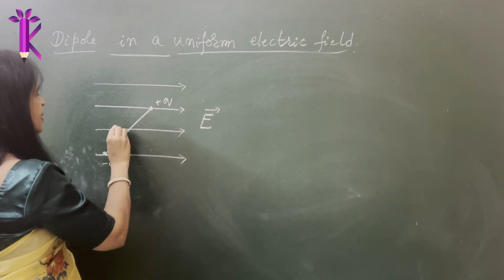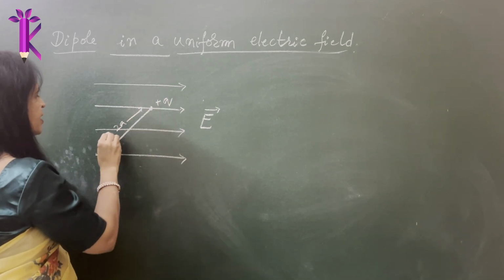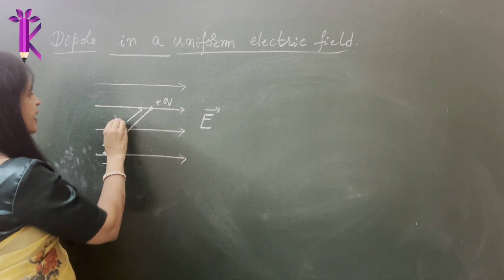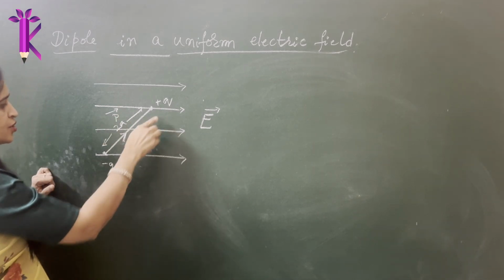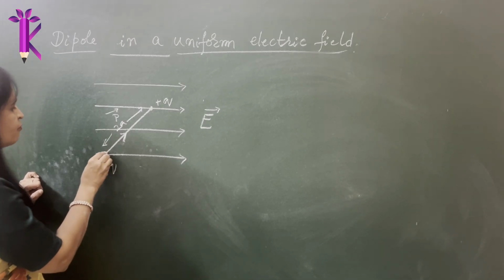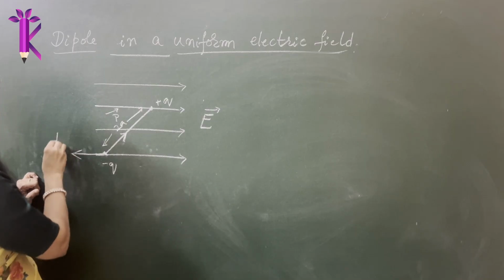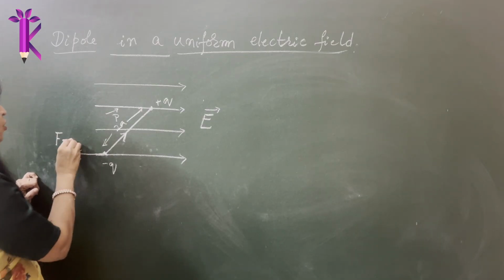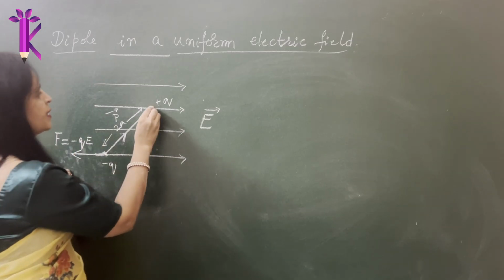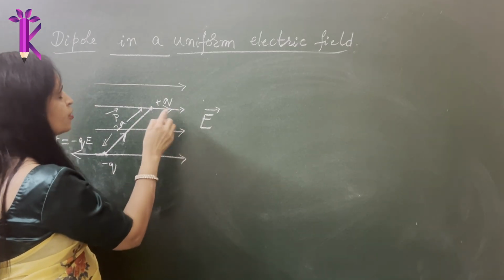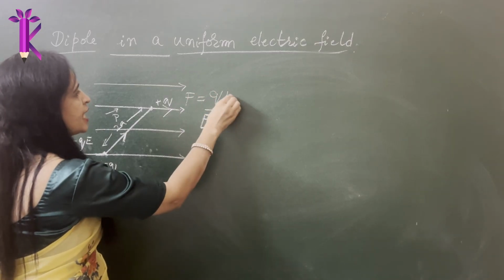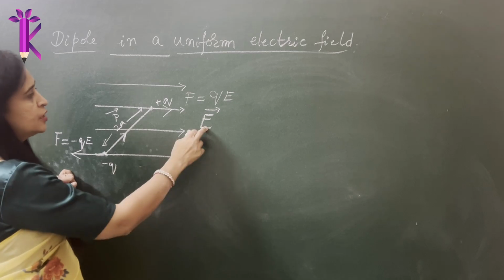So what is the distance of separation? The distance of separation of the dipole is this. What is the direction of the dipole? Direction of the dipole is this. It is in the direction from minus q to plus q, right? Now what will happen if you keep it in a uniform electric field? Obviously it will experience a force in this direction. This force will be equal to magnitude of the charge multiplied by the magnitude of the electric field. Similarly, it will also experience some force in this direction, that is F will be equal to plus q, magnitude of the charge multiplied by the magnitude of the electric field.